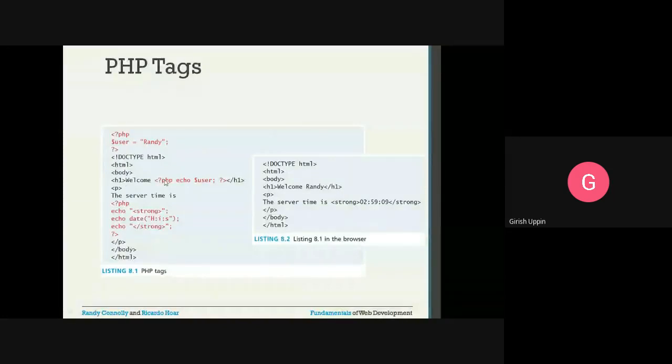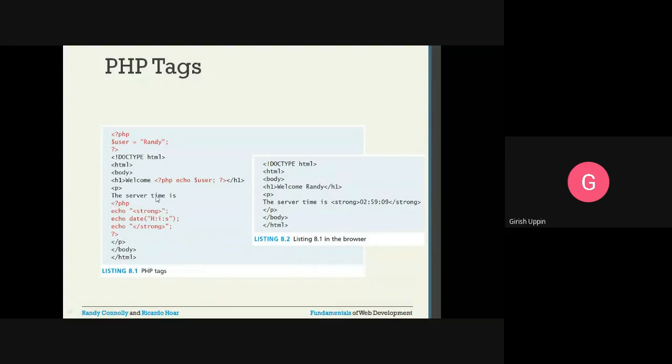It will say welcome, then this is the opening PHP tag, and this is the closing PHP tag. Inside that we have echo dollar user. Echo will output the value to the browser, meaning it will be displayed onto the browser. On the browser you will see welcome Randy. So the dollar user is Randy. Echo will put it to the browser.